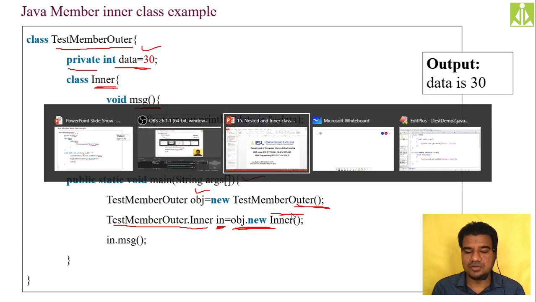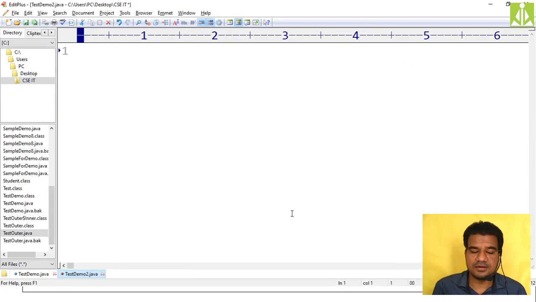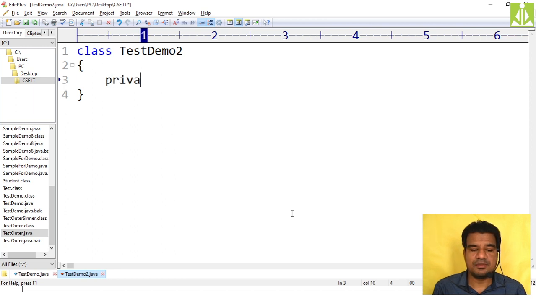I'm going to my IDE, delete this entire thing, and write the class. I'm taking the class name as TestDemo2. In this class, I'm declaring my private int data equals to some 40 value.